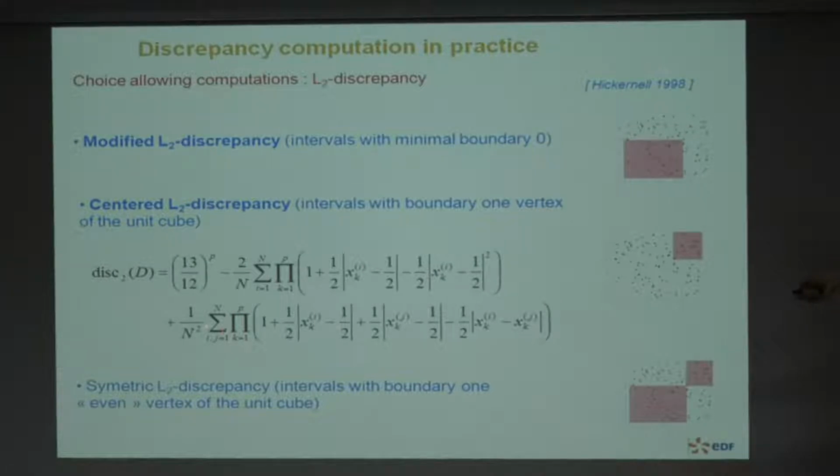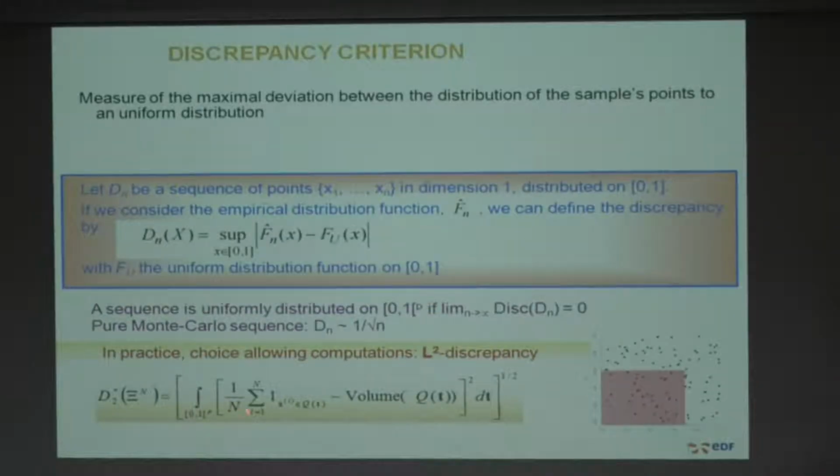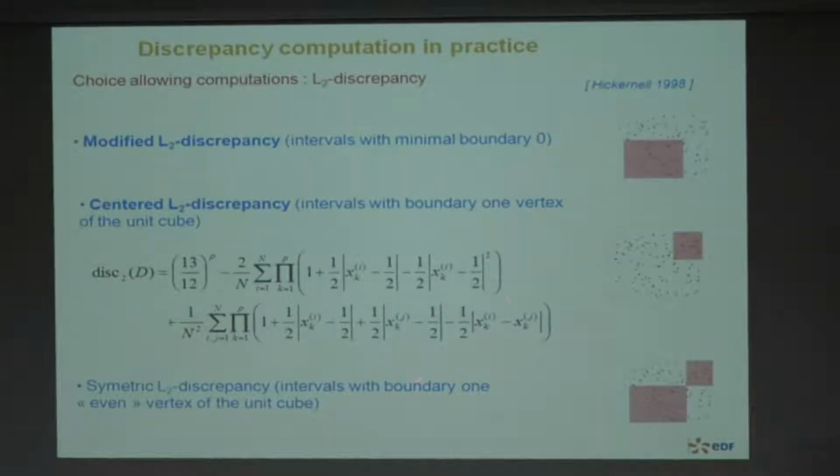Same thing, and here you have a sum on pairs of points, so between point i and point j. So okay, it can take some time to compute this kind of thing. If you have 1,000 points and if the dimension is 100, it can take time, but it's possible, no problem to compute this kind of thing. I will not explain how we pass from this to this. The theory is rather complex. I will not explain it, but if you are interested in this, you can refer to this book.